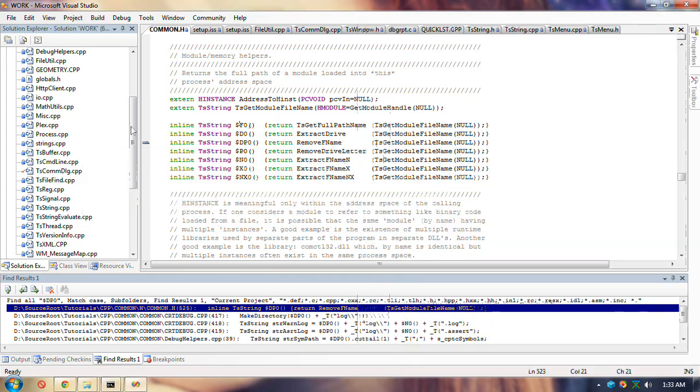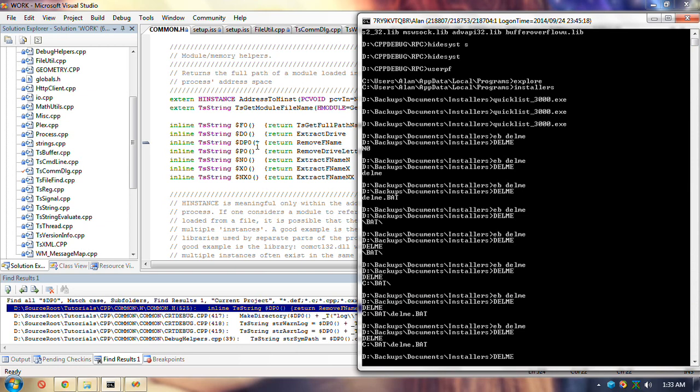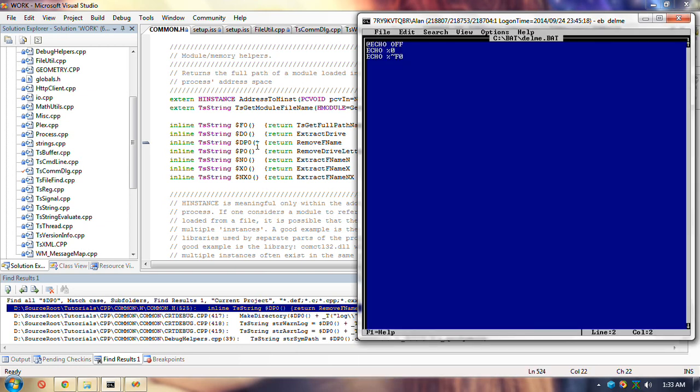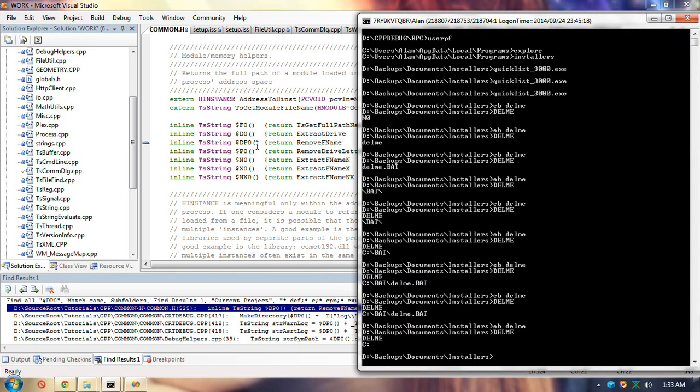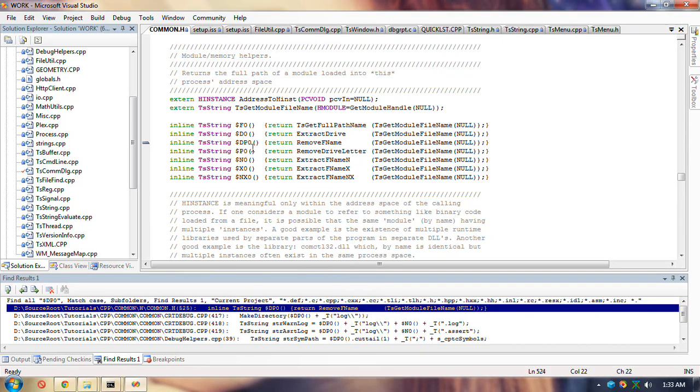Same thing. Okay, so F is the fully qualified path, D for drive, drive and path, just the path, just the name, just the extension, name and extension, same as in bash files.